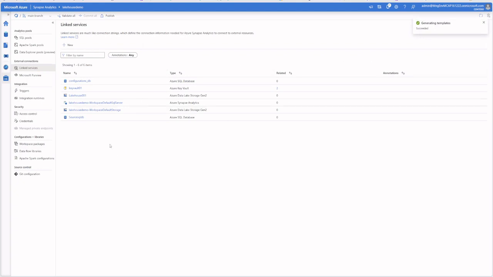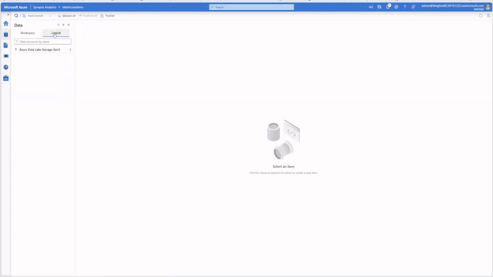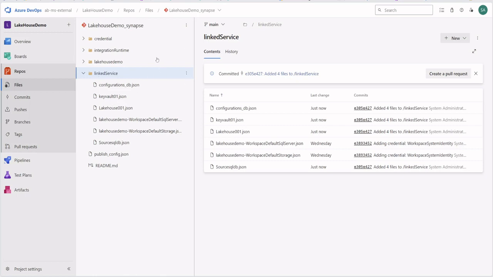There we go. Awesome. Done. Right. The next thing we need to tackle is our linked datasets, or integration datasets. So we need to create a folder here called dataset, if I remember correctly. Yes, it is. So what we're going to do in the repo is we're just going to go ahead and